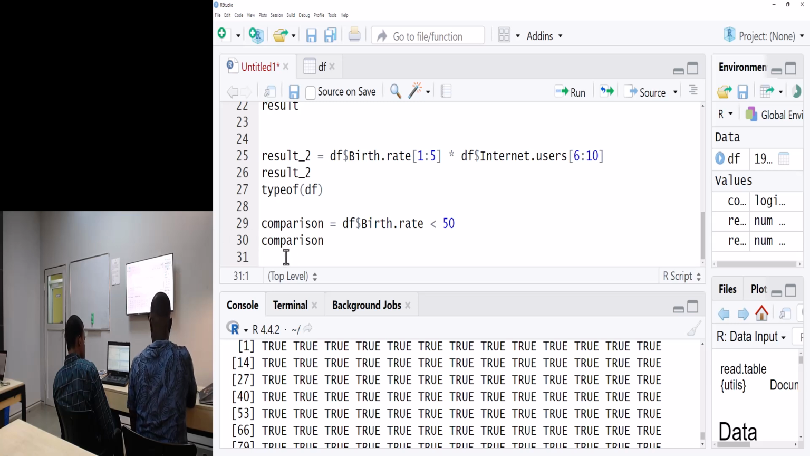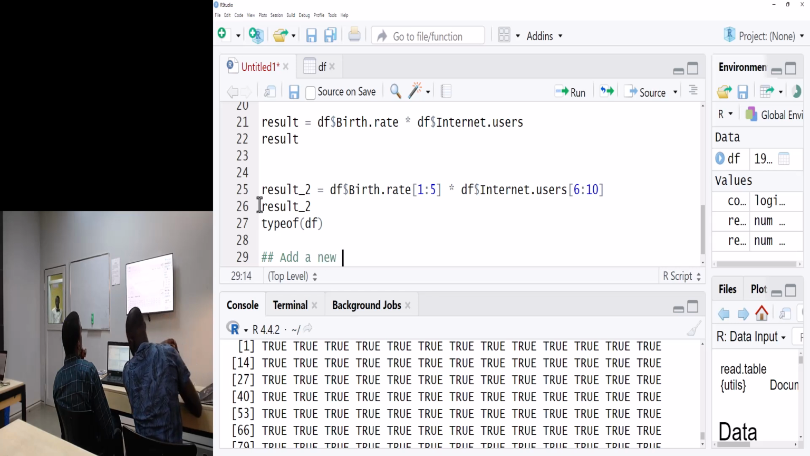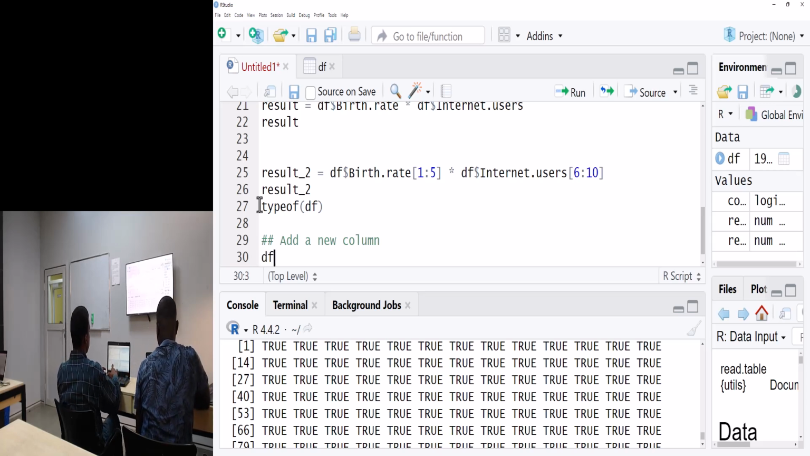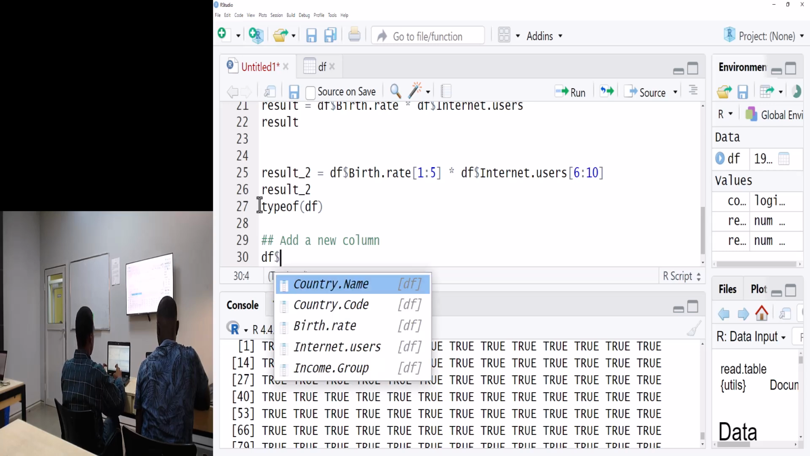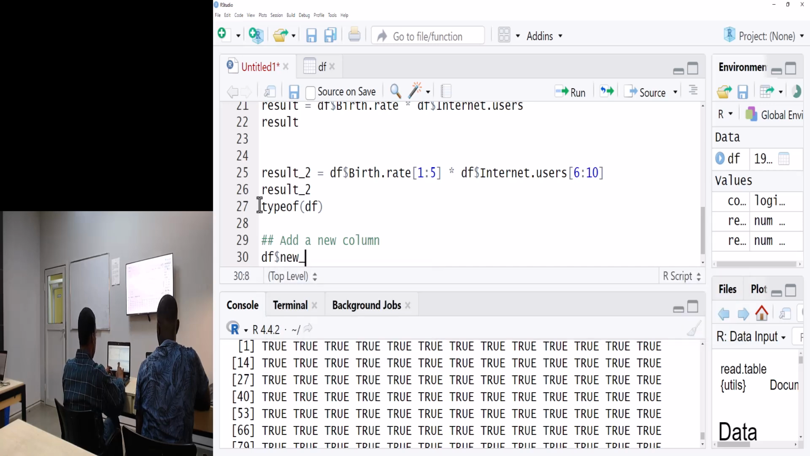Okay, the reason why it's doing this is because it is not a column. So let me get rid of this and let's see how to add a new column. That's the reason why it's returning it like that. So to add a new column, we'll say data frame, and then we'll call this new column. And that will be equal to